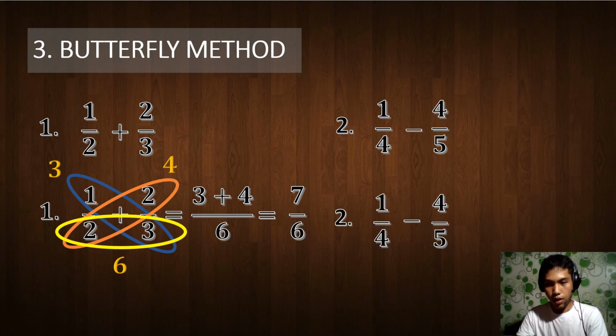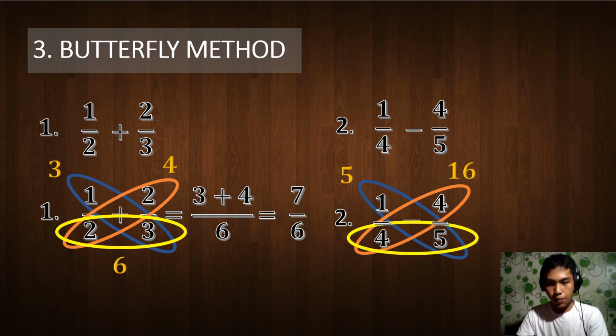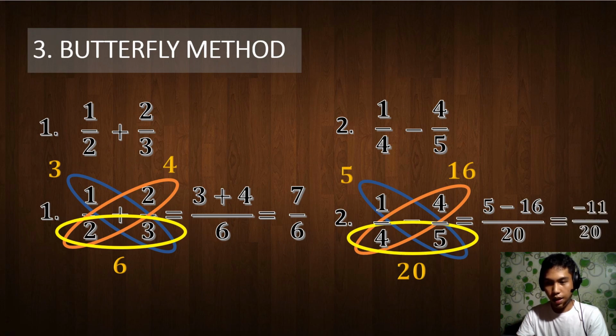Then for the second number, do the same process again. We have 1 times 5, that would be 5. 4 times 4, that would be 16. And 4 times 5, that would be 20. Then we have 5 minus 16 all over 20, that would be negative 11 over 20. So all those three methods resulted in the same answers for number 1 and for number 2. So that's it. I hope